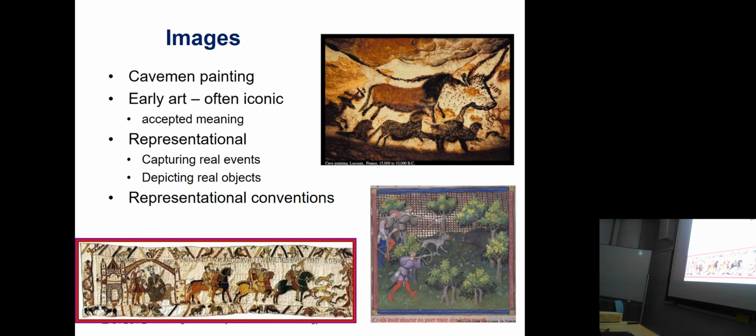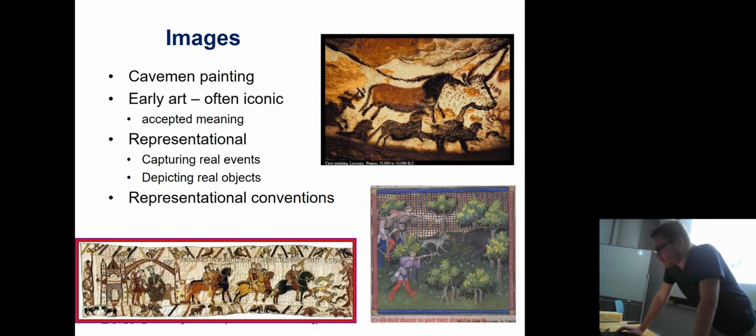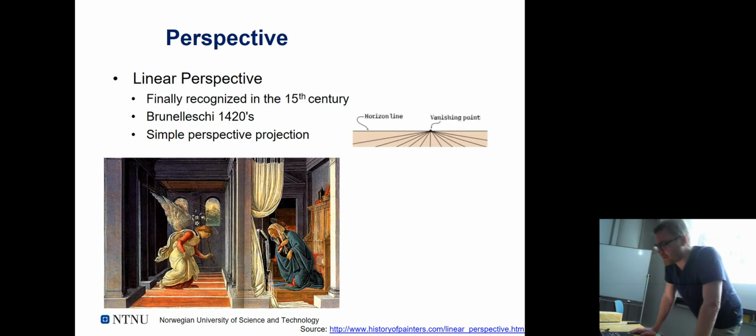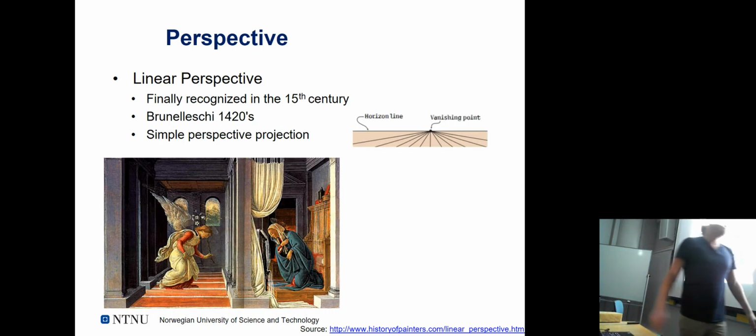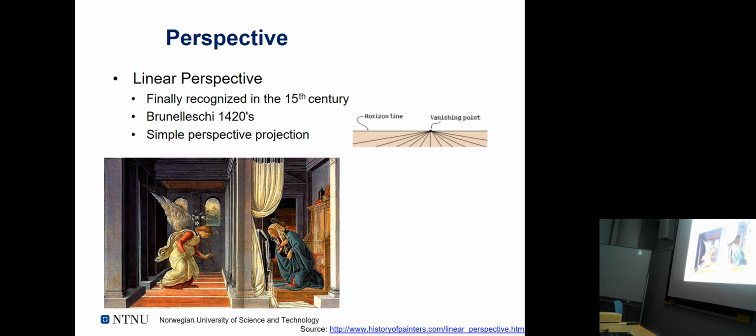So 3D was an important problem that people dealt with in different ways, right? Sizes, foreground, background, layering, and representational conventions, which are actually at odds with the physical reality. So it's not a new problem in principle. A lot of ad hoc solutions and conventions, but they are sacrificing reality to some extent. Then finally, around the 1420s, comes Brunelleschi, who kind of figured out,